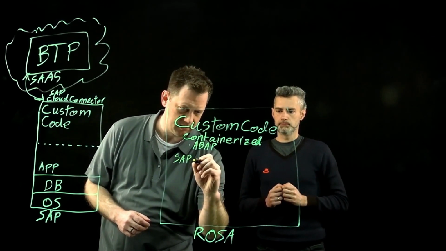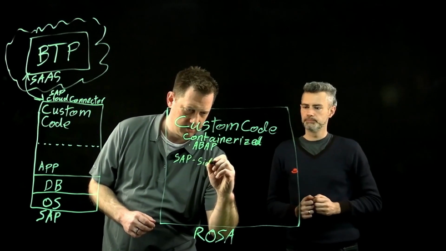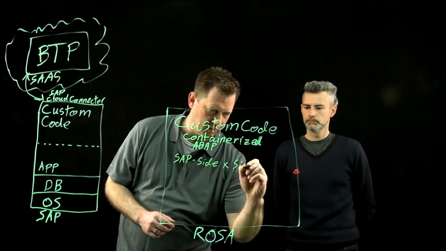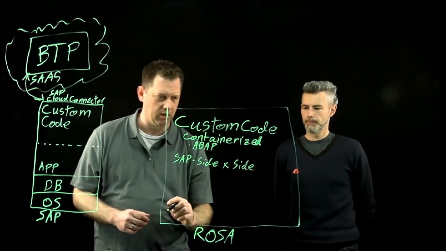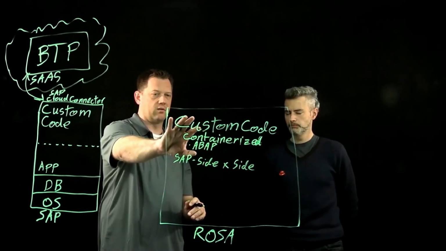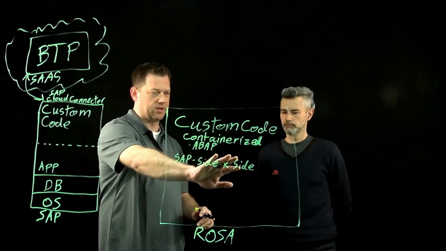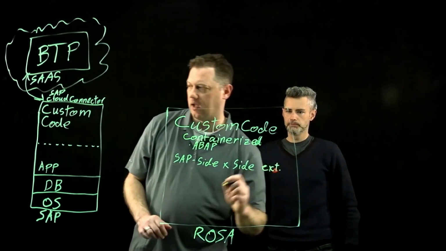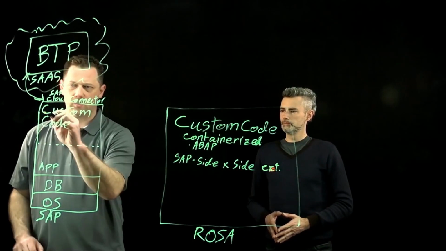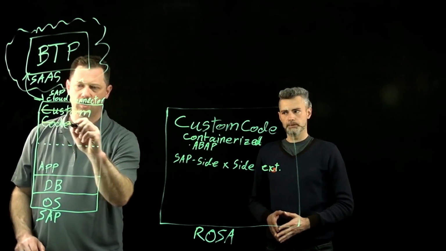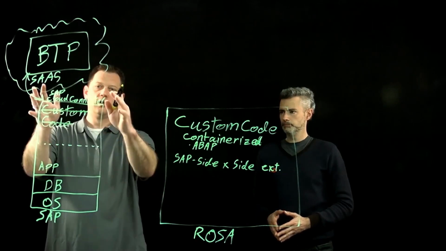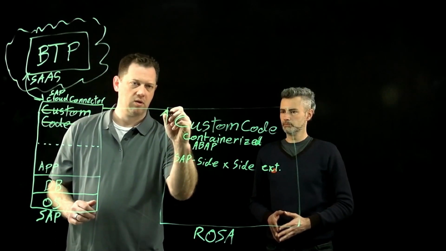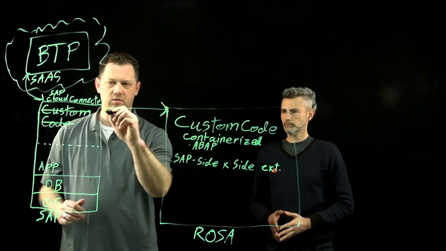All right, so our side-by-side extensibility, that's going to be on ROSA as well. Yes. Okay. So we've got our containerized ABAP code and our SAP side-by-side extensions right here. And now we don't have our custom code in here anymore. So this has been standardized right here, and this is going to connect here with our